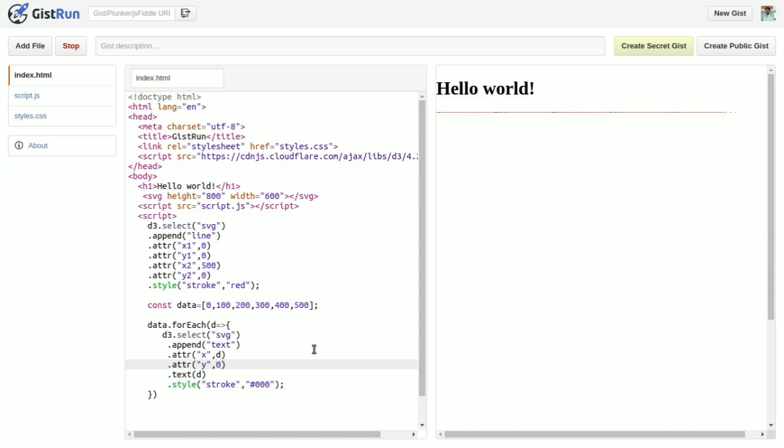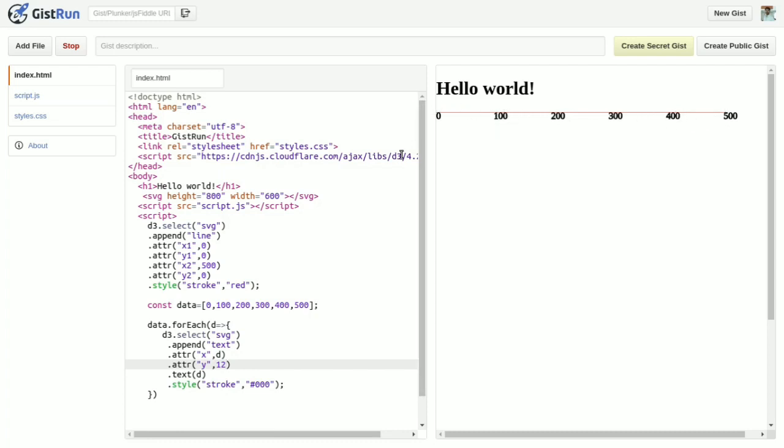Now I will increase the y point, so I will put y equal to 12. So we see that x starts from 0 at the leftmost side and goes from left to right. You can see the 0 point is here, 100 here, and up to 500.